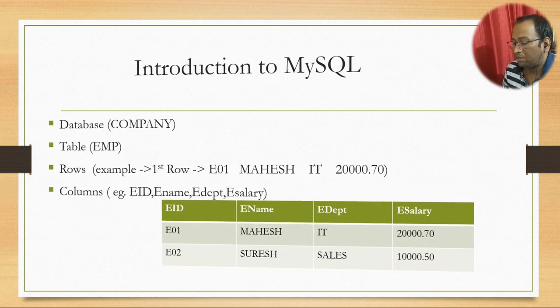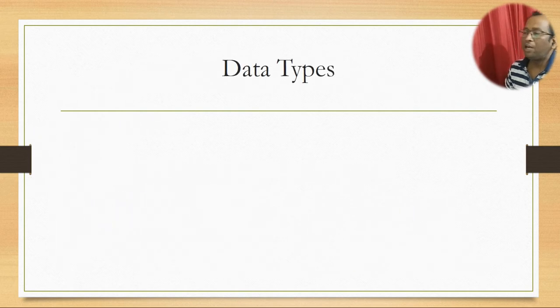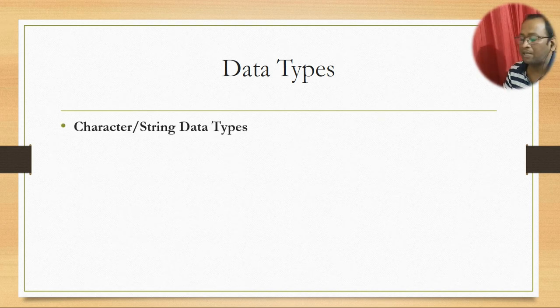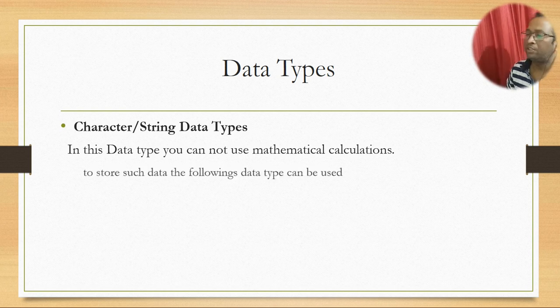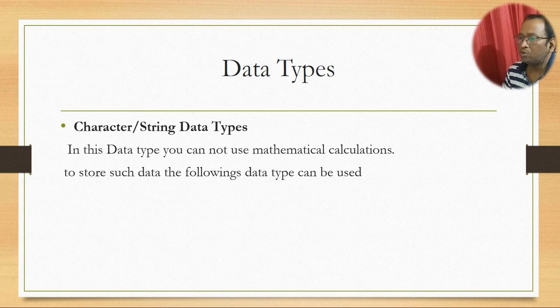In this table we need to keep some data types. MySQL has introduced some data types. Basically the data types are character, numeric, and date time. These are the basic data types. First of all, the character or string data type, in which you cannot use mathematical calculations, right? It means it holds string values. So to store such data, you can use